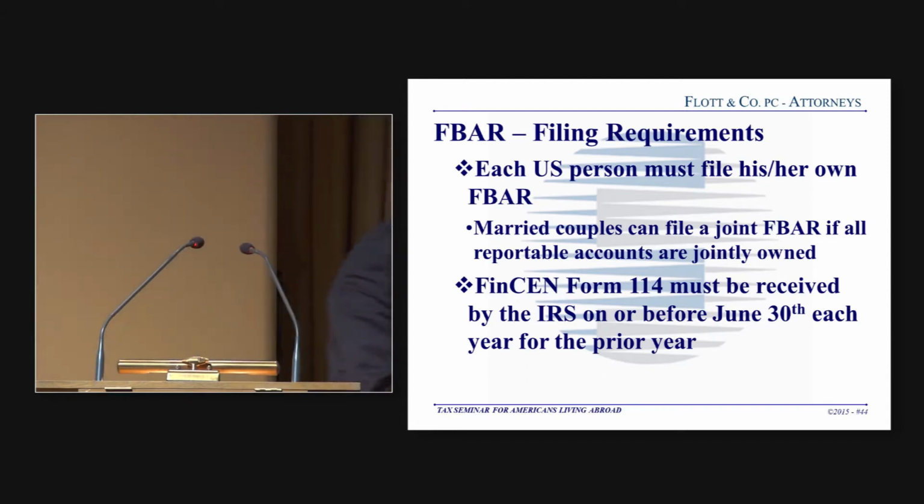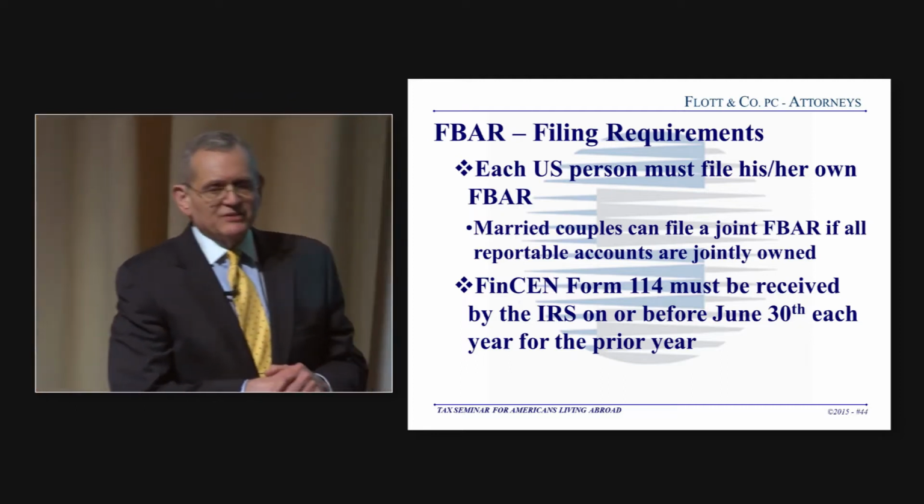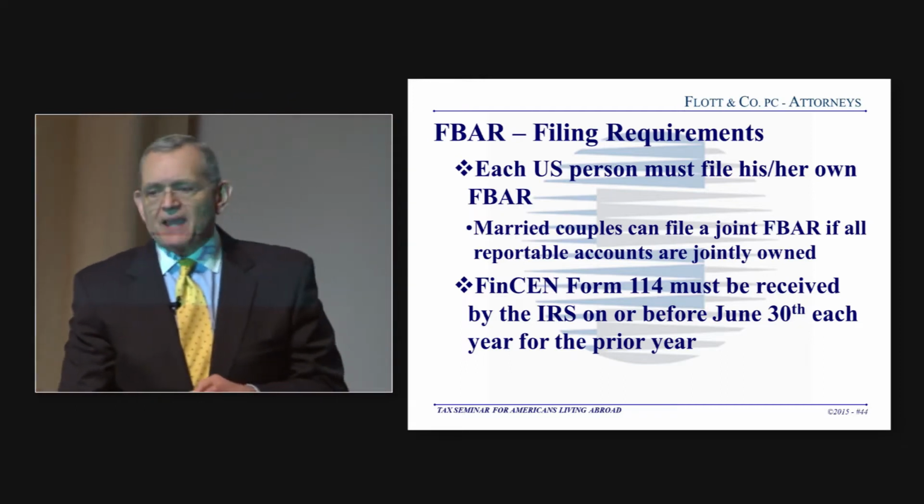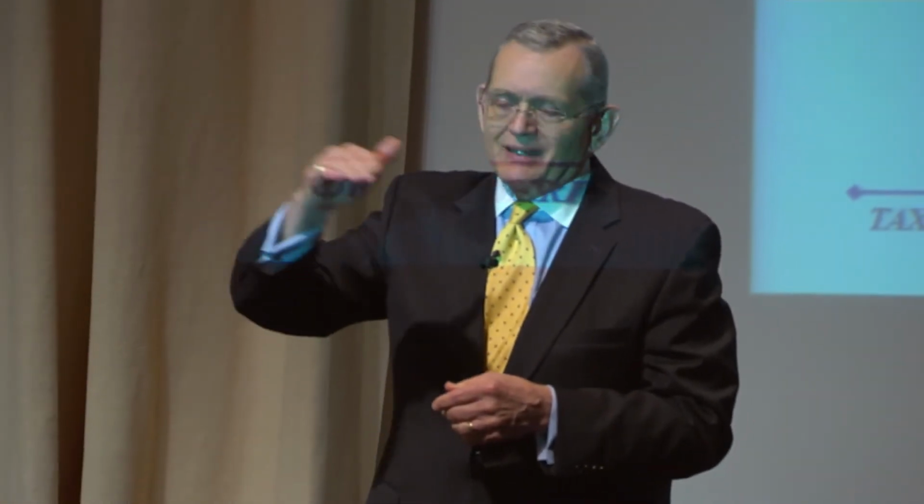One of the things that you do here in Greece that's very common practice is to have multiple members of a family on the same account. Sometimes it's mom and dad and daughter and son. Sometimes it's grandma, grandpa, daughter, grandchild. Sometimes it's aunt, uncle, and niece. Believe me, I've seen lots of these situations. If you are a named joint owner on a bank account, you must report that account. It's that simple.